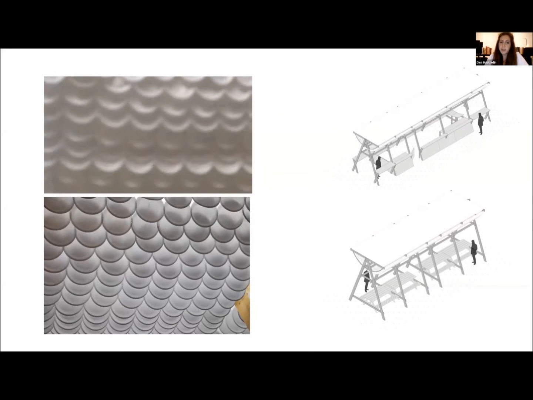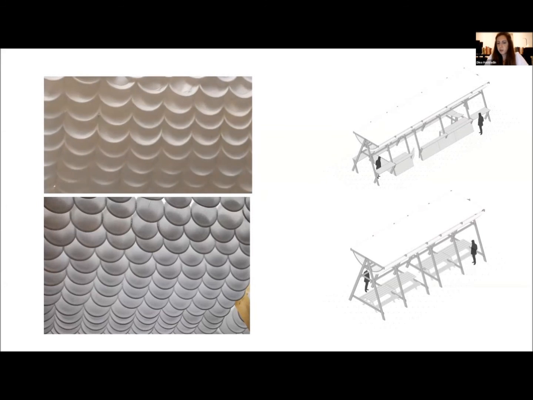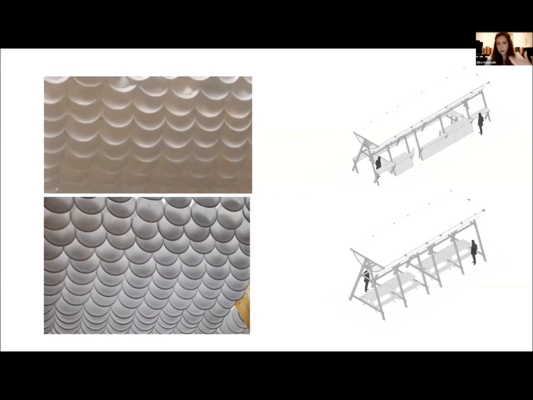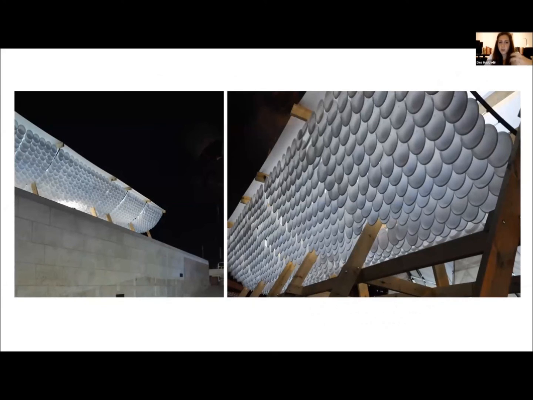Each canopy was built using 1,400 plates, which is the average individual consumption for plastic plates in the coming foreseen 5 years. So this is using design to create statements about human consumption and plastic waste. The tapestry itself, or the fabric itself, is now exhibited in a small recycling museum in Amman.